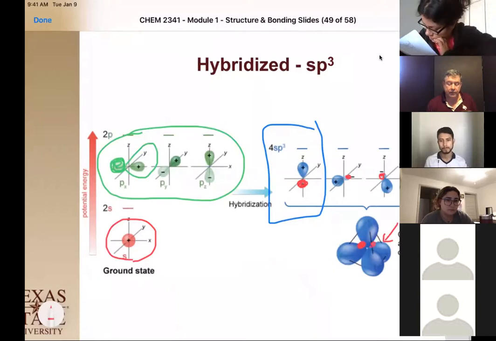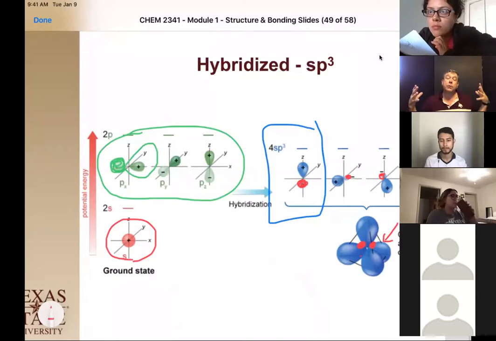And so we're going to have these 3 smaller orbitals wedged in between those larger orbitals. That's the other side of that p. So that's how we're going to squeeze all 4 of them in together to make this tetrahedral shape around the